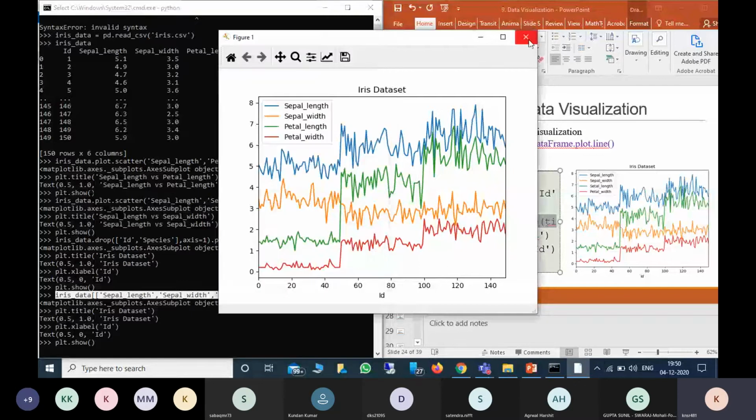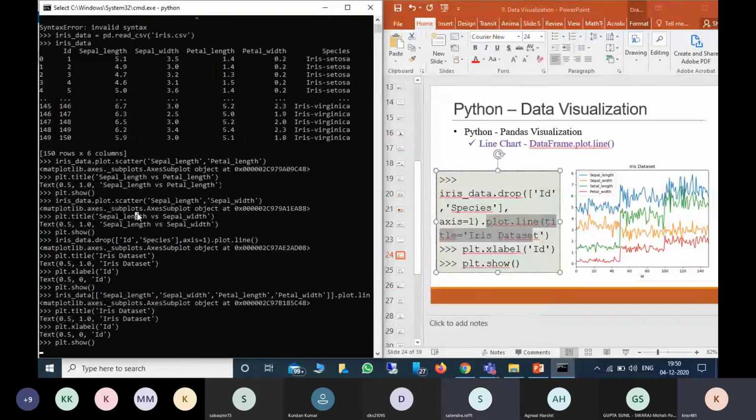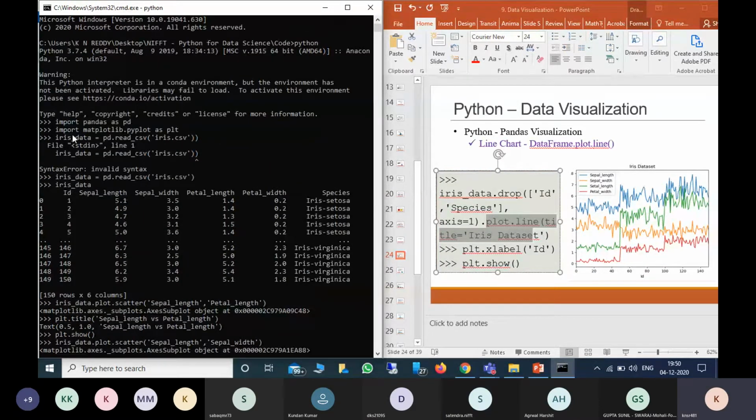Is it clear? Sir, in mine it's showing error, plt is not defined. Yeah, you have to define plt as import matplotlib.pyplot as plt. I told you before starting the data reading. So you can run this command, then you can try. Yeah, actually my spelling was wrong.